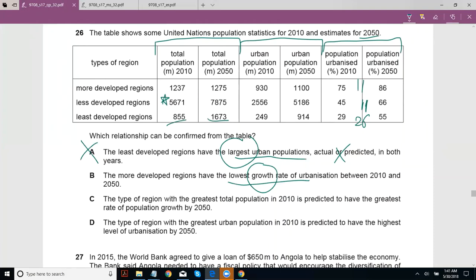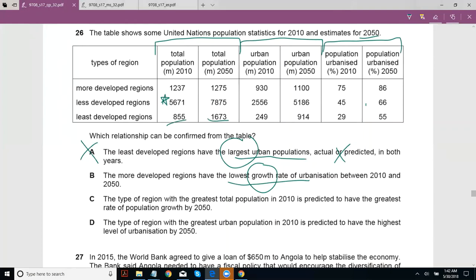Growth rate of urbanization. Hmm, I'm not sure if the relationship confirms that, because I believe they're simply talking about the lowest growth rate with regards to the population. Maybe for the more developed regions and the less developed regions, the percentage change is coming out to be the same. If you want to take an alternative approach and do this via your own calculations, that gives you a little difference. Sorry, in fact, perhaps what I said wasn't really appropriate to the option,